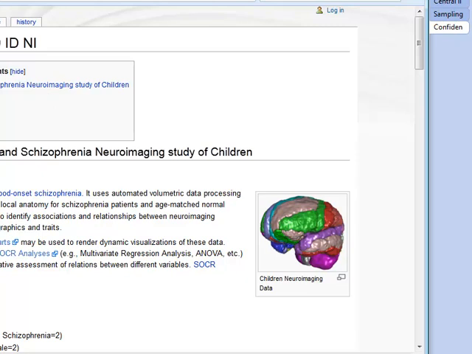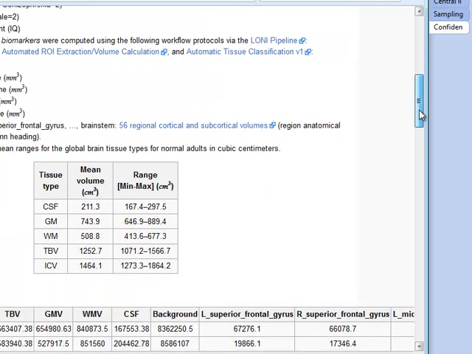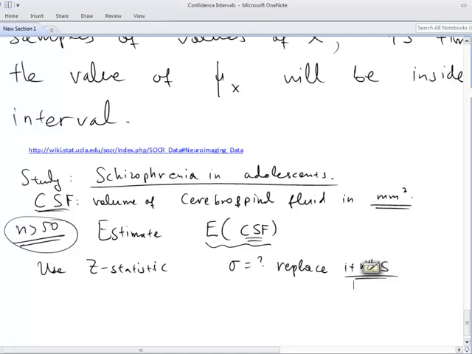SOCR, that's the dataset collection that we have. And actually you can compare the confidence interval that you will find, a 95% confidence interval, then find a 99% confidence interval, and compare it with